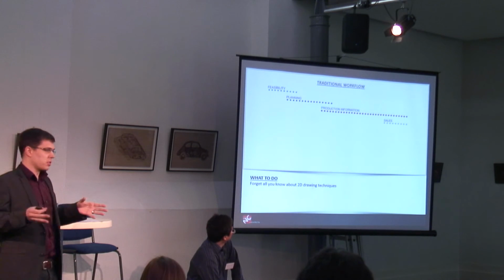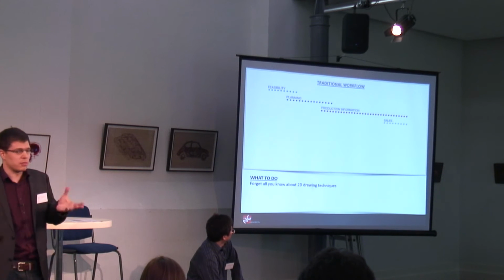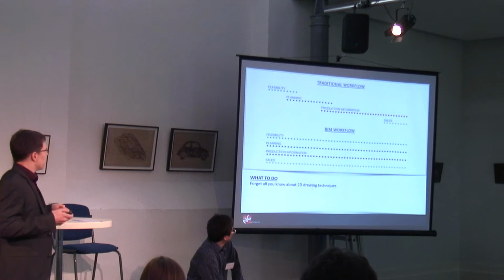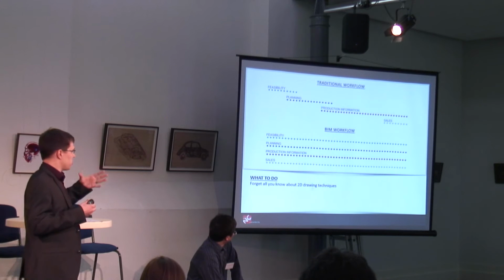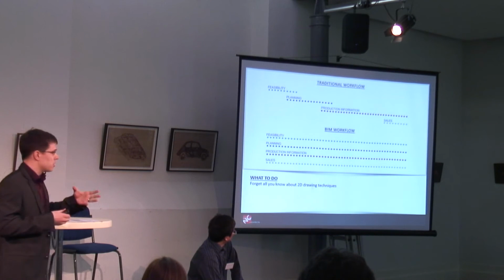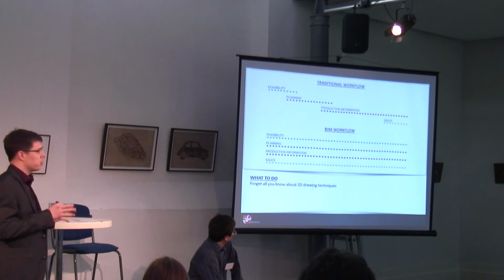And eventually those drawings will be finished and built, and then you'll farm those off to the sales guys who will then produce their 3D models or their visualizations. The BIM workflow is that you're doing all of those things concurrently. As you saw with the visuals on this presentation and the next and the previous, you can produce the 3D renders directly out of Revit with a bit of touching up in Photoshop,